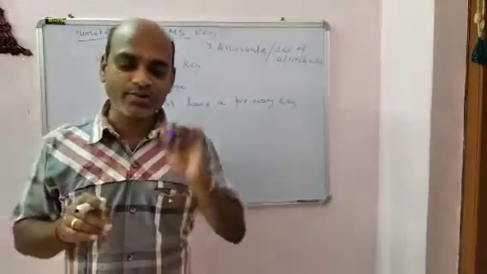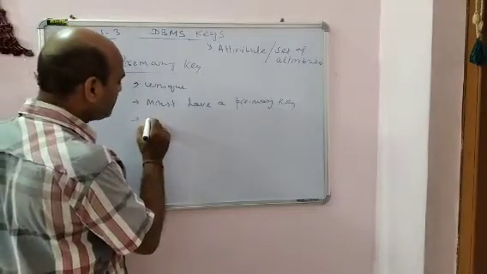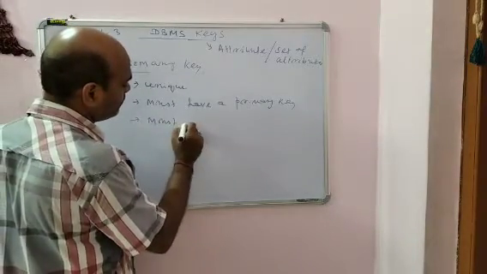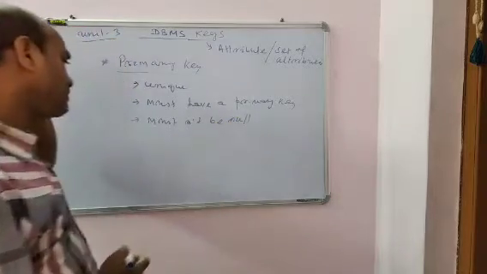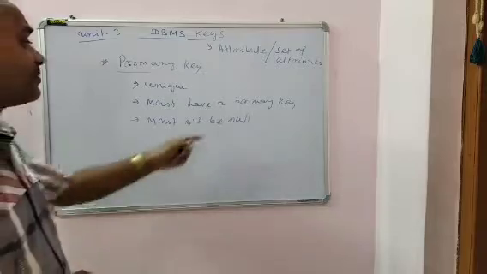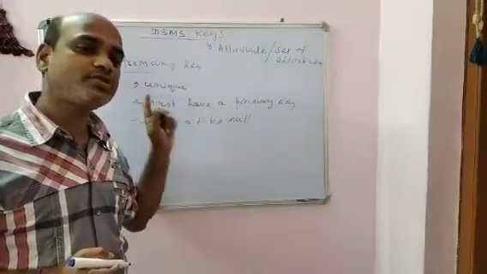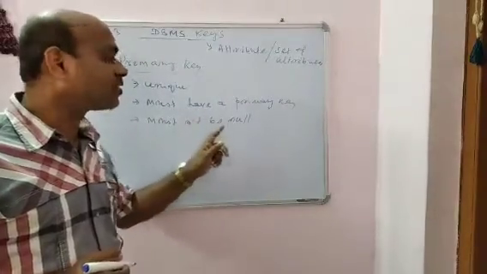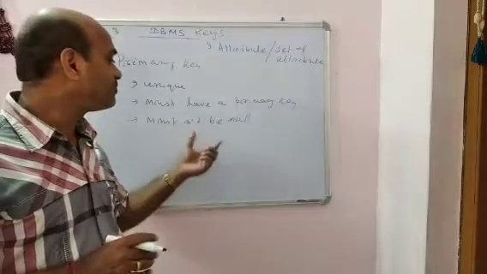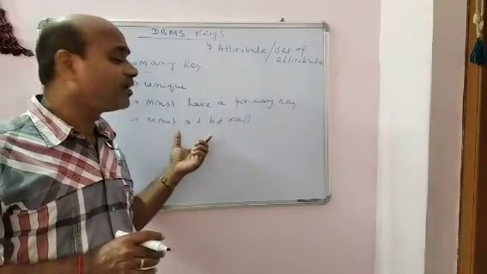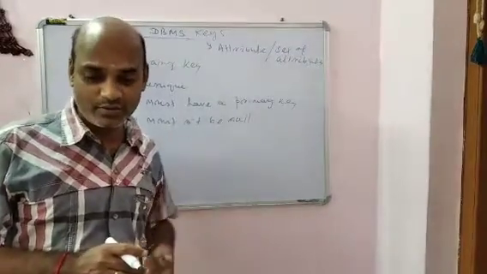For every table there must be a primary key, and this primary key must not be null. This primary key cannot be null. It must possess a value. Whenever designing, when you give the data type, it must be declared not null at the time we are putting the default value. It must not be null.